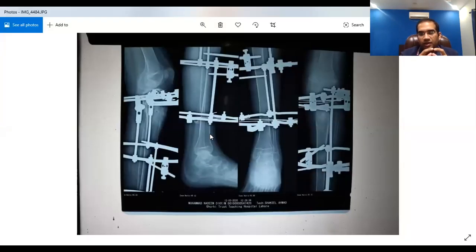Everything needs to be corrected simultaneously. If there is an angulation and there is a rotational element and there is a limb length discrepancy, the main trick is that you need to take care where you apply your hinges. Ideally, all these things need to be corrected in a single setting, but because it is not always practical